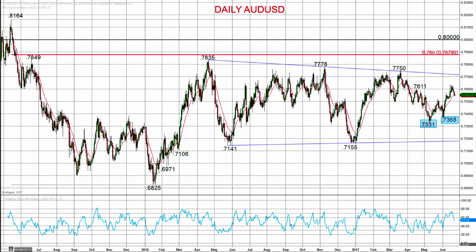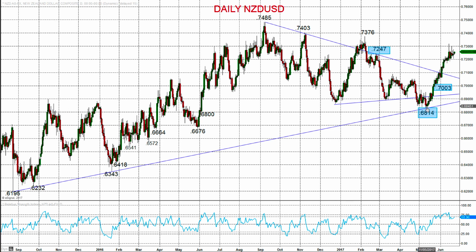If we take a look at the New Zealand dollar, similar technical outcome, a far more bullish move that we've seen right the way from May. The previous late May to early June push above resistance around here, just below 71, saw the intermediate term shift to neutral, but then a more bullish shift as we went through mid-June, up above 72.47,